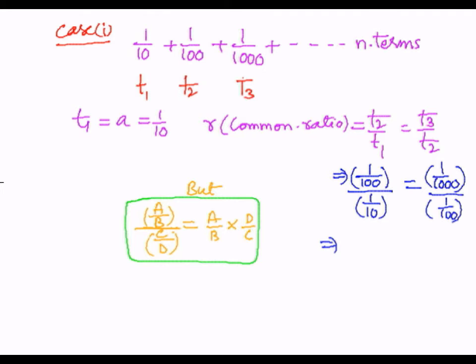Similarly, based upon this logic, I want to write the present step as 1 by 100, division symbol as into symbol, then 1 by 10 as 10 by 1 in the first case. Similarly here also the same, 1 by 1000 into 1 by 100 as 100 by 1, as D by C. So 1 and 1 get cancelled. Similarly we can cancel here 1 and 1, 10 ones in the numerator, 10 tens in the denominator. So 100 ones in the numerator, 100 tens in the denominator is 1000. So that implies,